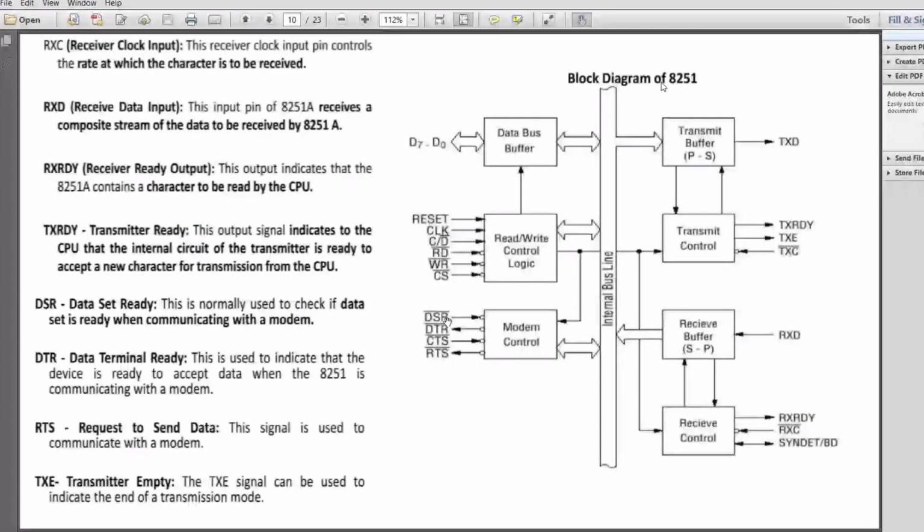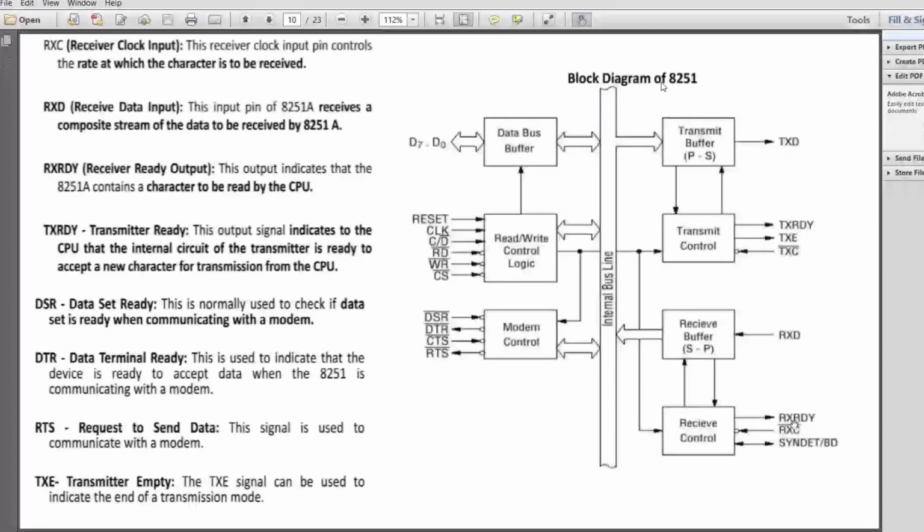So you have a buffer, parallel data available, converted into serial, put into the data line. And to control them, how it is controlled? We have the transmitter enable, then we have the clock, the rate of transmission decided by this, and transmitter ready. So transmitter ready goes to the CPU. So this end to communicate with the CPU, 8086. The data line sending the actual data, and this readiness to the 8086 indicated.